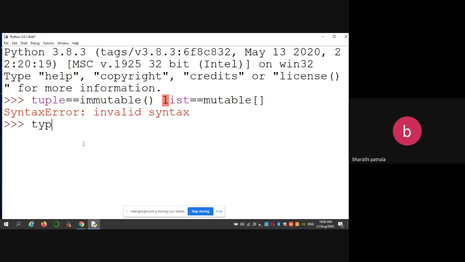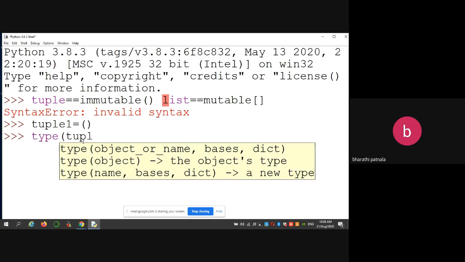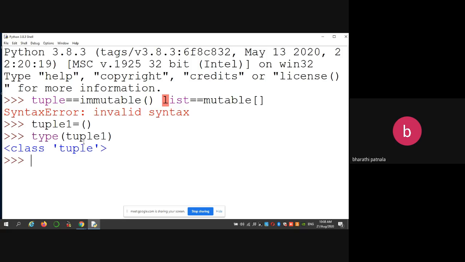For example, tuple1 is equal to an empty tuple, and if you want to know the data structure of this tuple1, you can check the type, which is a class tuple. Now I want to create a tuple of colors. So color tuple.